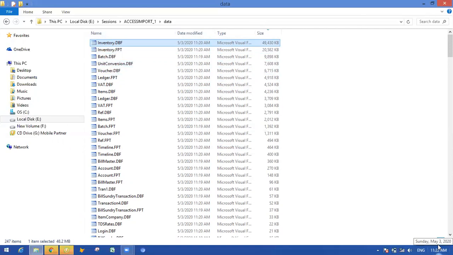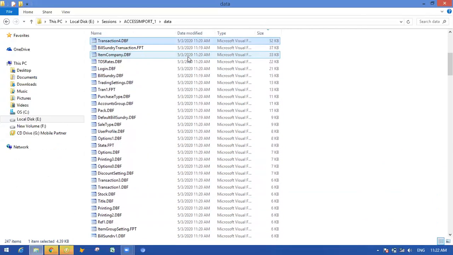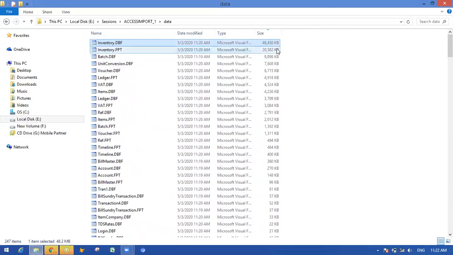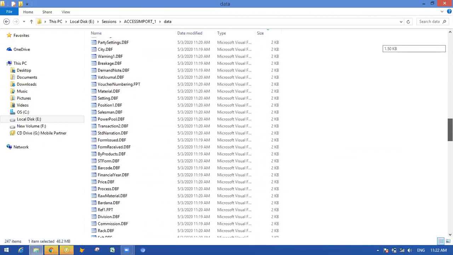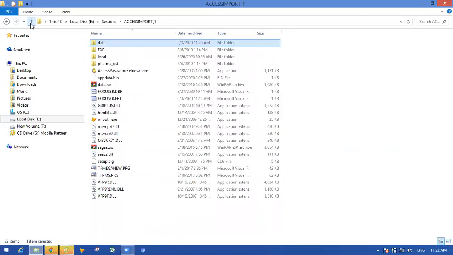and my system time is 11:22 a.m., which means this is correct. And we can check the file size also. We are getting this much KB, some files are small. Now it is fine. Once it is converted, then you can go ahead with the conversion process. Now the DBF part is complete. So this was related to Access to DBF conversion. Thank you so much.